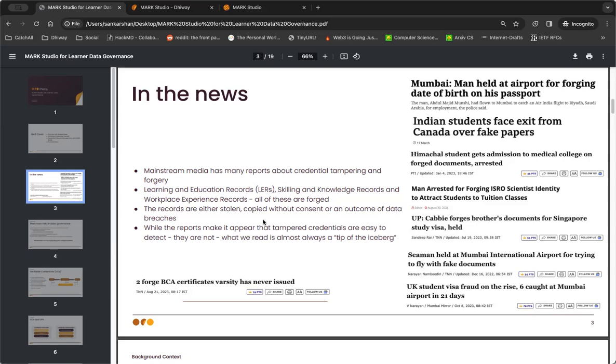You can figure out that the reports on various kinds of forgery and tampering are really common. The abuse of various available records is very commonplace, and it's not limited to one or two kinds of things. It could be learning and education records, skilling and knowledge records, workplace experience records, and even things related to travel. So the mainstream media reports on credential tampering and forgery and all of that are